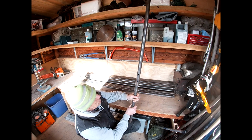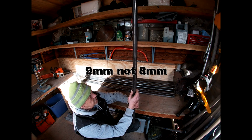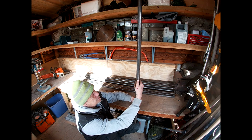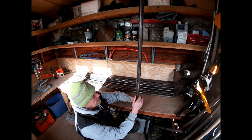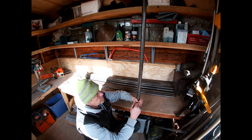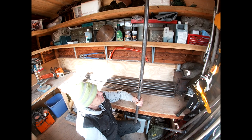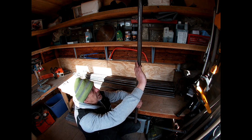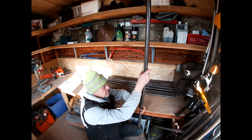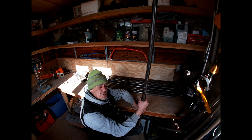Okay, so that's them all drilled with 8 mil holes right through. What I need to do now, obviously these have got some quite sharp burrs on and things, so I'm just going to run the grinder up and down those with a linishing disc, and then you have to give these a bit of a rub down because they've sat in here for quite a while now, and just to get any rust and dirt off them, and then